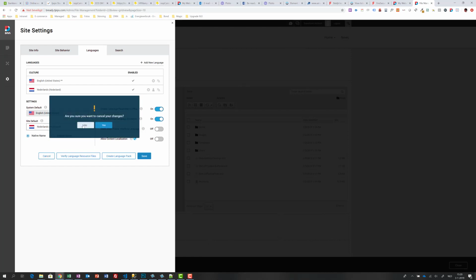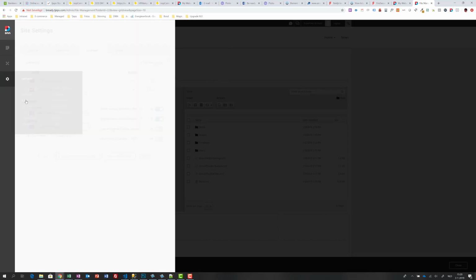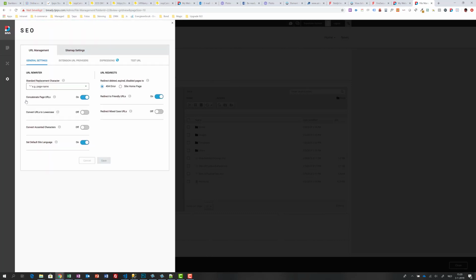Let's see, what's interesting as well is the SEO settings, because redirect mixed case URLs by default is off. In my opinion it should be on, but that might be just my opinion. What it does is prevent one page from occurring multiple times, because there are some words with uppercase and some with lowercase. So turning this on will allow DNN to consider these as the same page and prevents Google from considering it duplicate content. Same goes for convert URLs to lowercase, convert accented characters, and